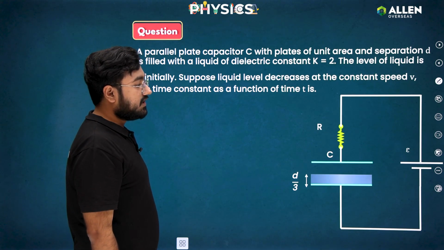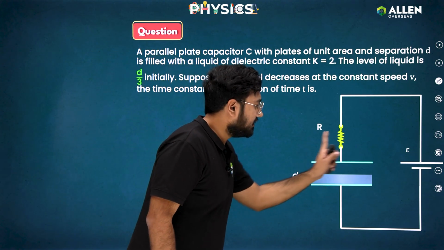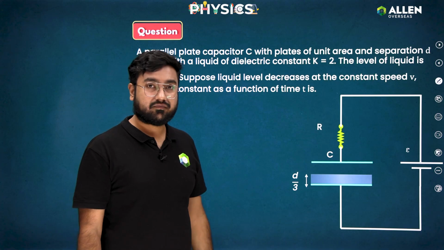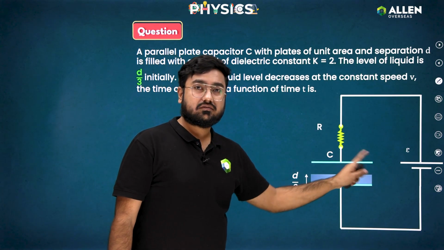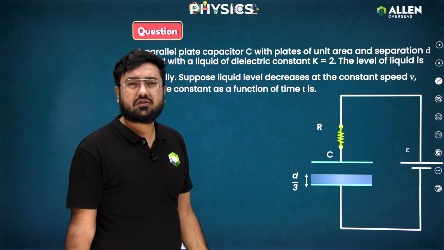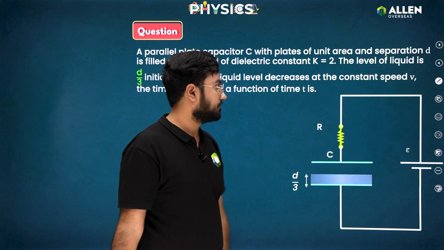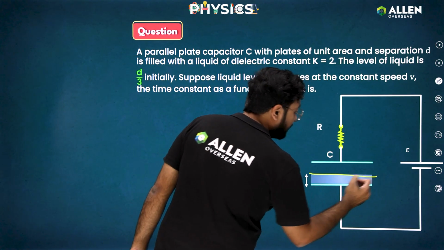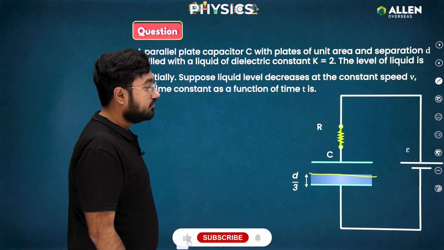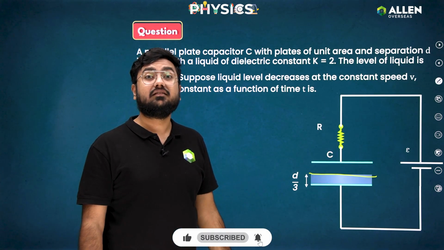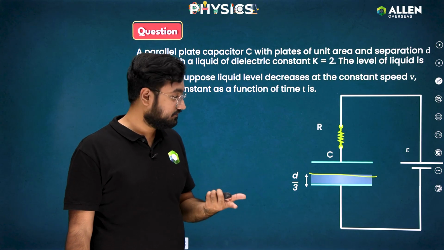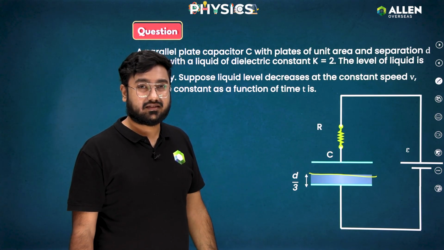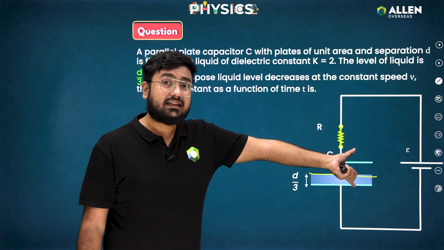Okay, nice. Look at this capacitor. Something is filled here, a liquid with dielectric constant K, and that is flowing out. Sir, how? Don't know, don't care. So it is flowing out. When you look at this configuration at any time t, you are going to find there are two capacitors connected in series. So this is one capacitor, this is another capacitor. If I calculate the net capacitance,